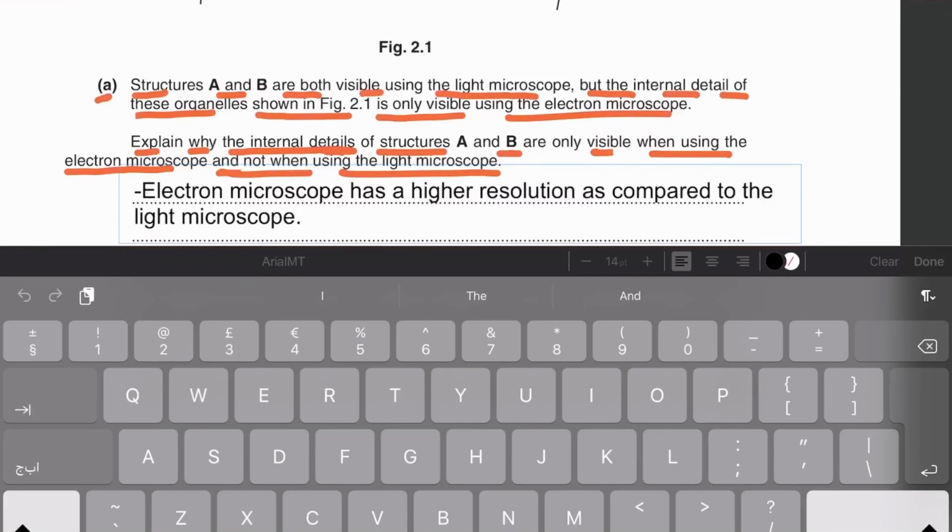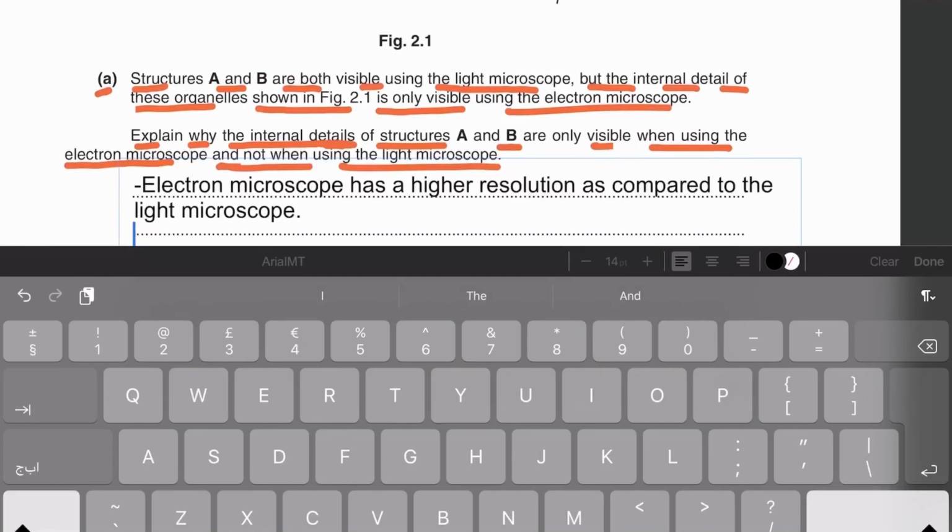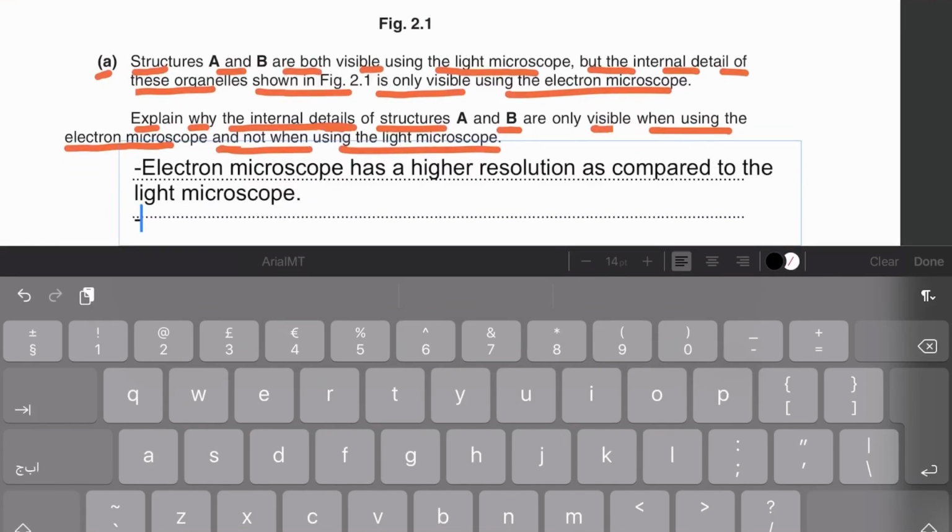We will write the values of the resolution of both the microscopes. For example, we will say that the light microscope has a resolution of 200 nanometers,